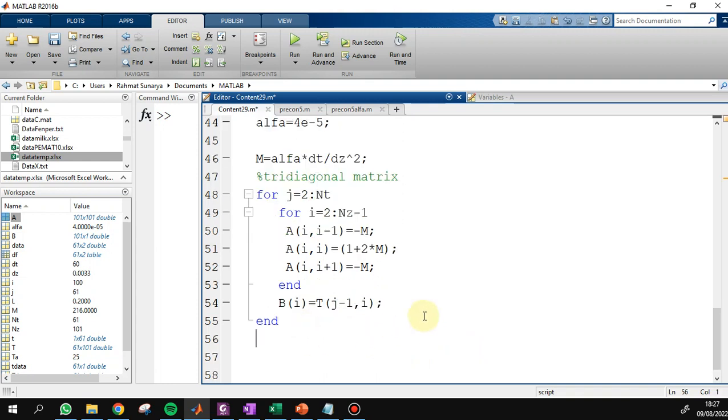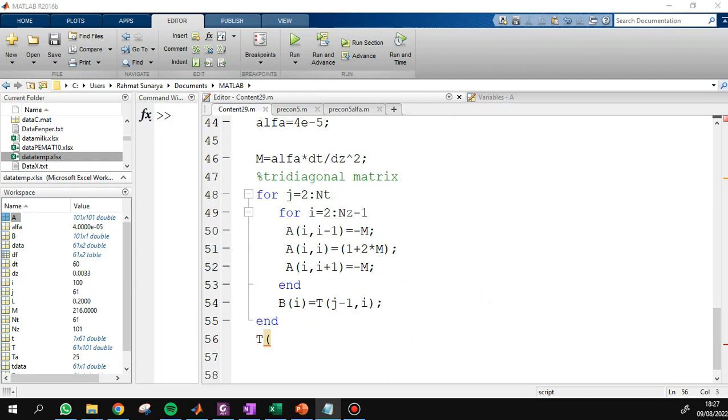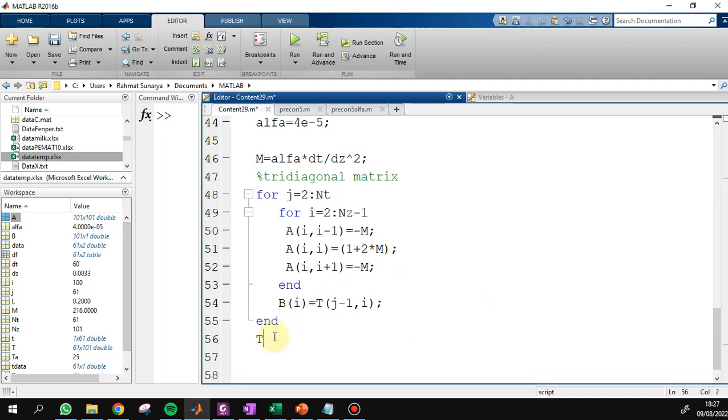Our goal is to find T at any time and at every position.